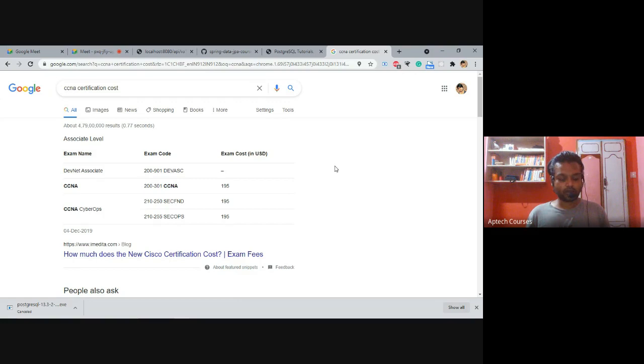In those courses, definitely you should acquire certifications. If you are doing CCNA, you need to acquire the certification from Cisco at least for the beginning. First, you need to get the certification as an associate, Cisco Certified Network Associate. Then you can get one simple job. In the beginning, definitely they'll give you a little package like 2.5 or 3 lakhs in the beginning.